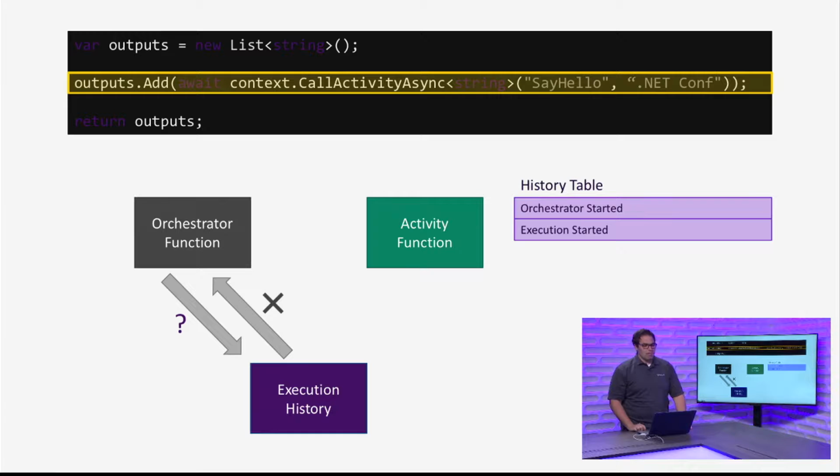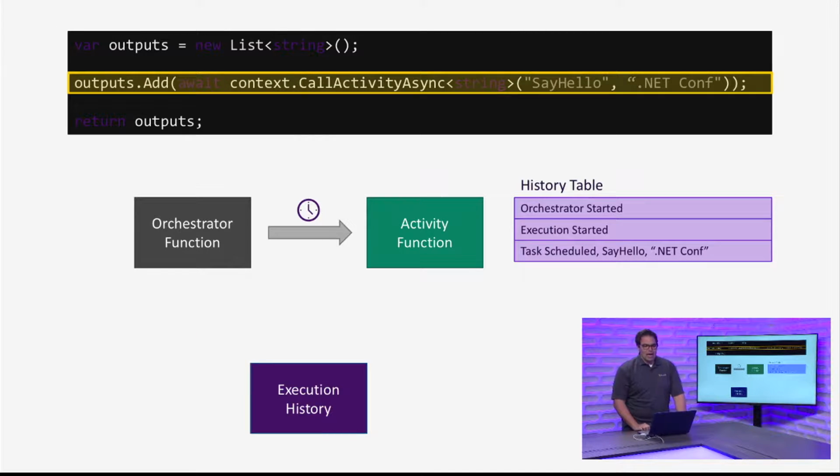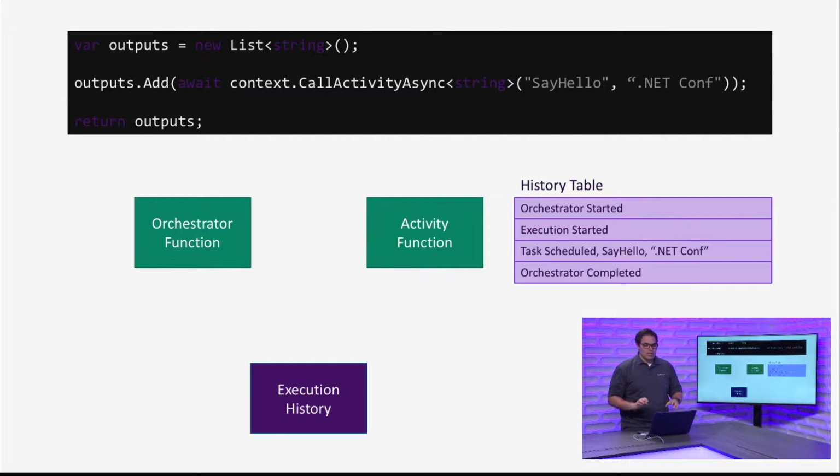And so the orchestrator is like, cool, that means I need to do it. So it queues some work. It says, hey, say hello function, whenever you get a second, you need to say hello to .NET-Conf. And then the orchestrator function completes. It just goes away. It's done with its job for now. This is how it can work in a serverless way. That orchestration function, after it schedules the work, is now scaled to 0. So you're actually not getting charged for that orchestration piece anymore.